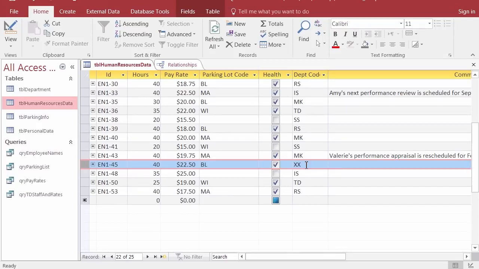So to carry that over into the next phase, we have just created, and this is the official name for it, an orphan record. It's a record that has no parent. So I've got an XX department code here, but in my department table, there ain't no XX department. So that was a little loophole here that I would like to close. So first thing I'd like to do is undo it, put it back to whatever it had been, when it was actually one of the choices on the pull-down menu,